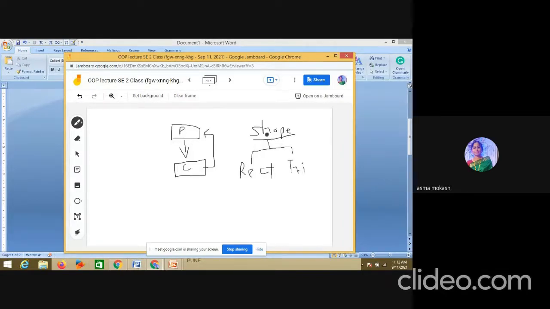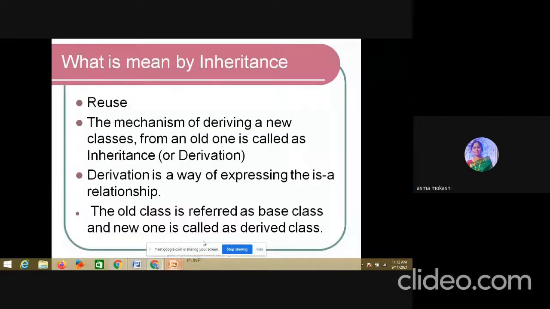So this means that inheritance is one class accessing the property of the other class. This kind of relationship we need to represent using inheritance. This is very important to understand what inheritance is.